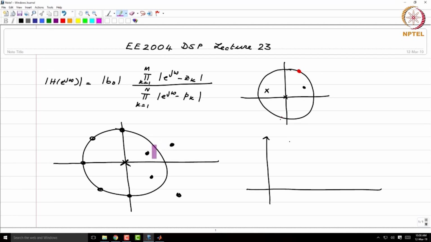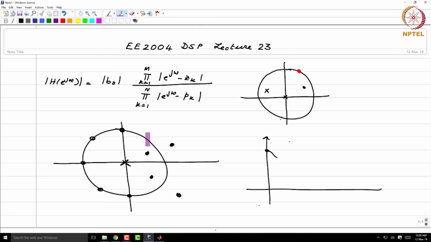Roughly at this location, you are closest to these two zeros, and hence, if the magnitude response has this particular value at omega equal to 0, when you go along the unit circle, since you are approaching these two zeros, the magnitude response will dip,